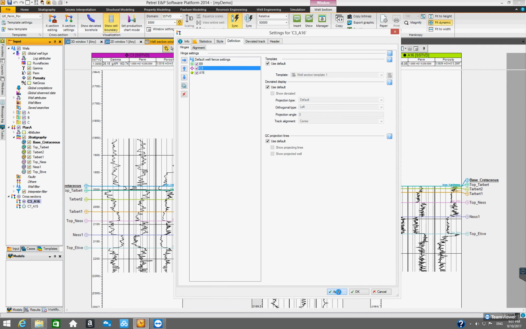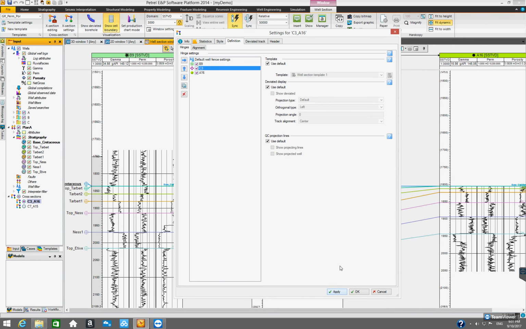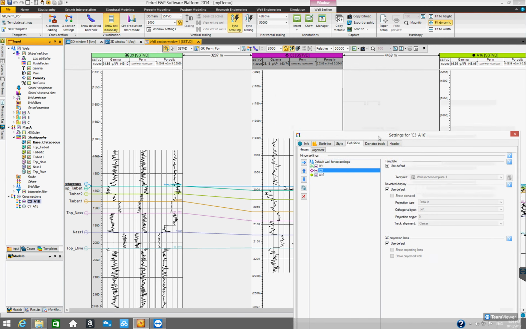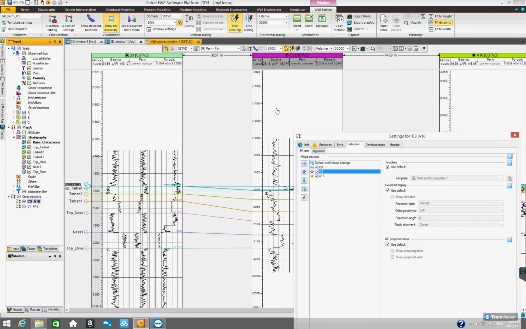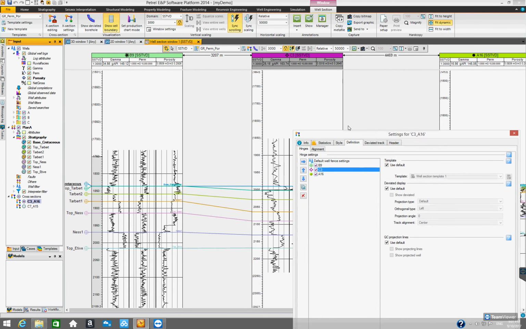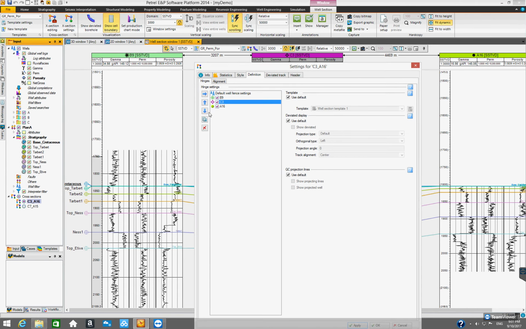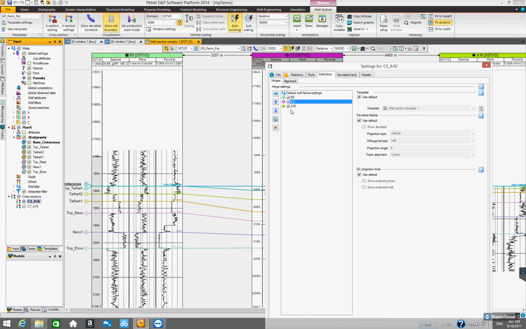At this point, if I click on apply, then these two wheels inside of the wheel section are going to switch positions. So B9 comes first, and C3 comes next, right? These buttons allow you to shift the relative positions of the wheels and how they are displayed in the wheel section window. Right. So suppose I change the positions of those three wheels, and I go back to